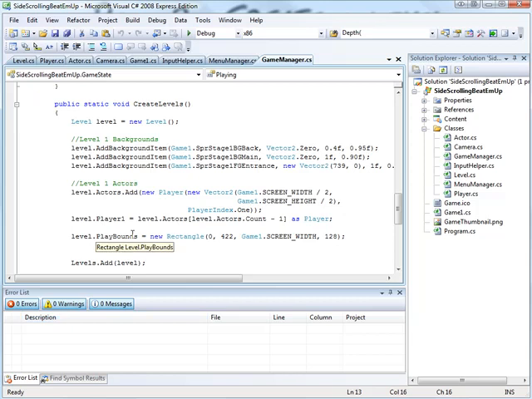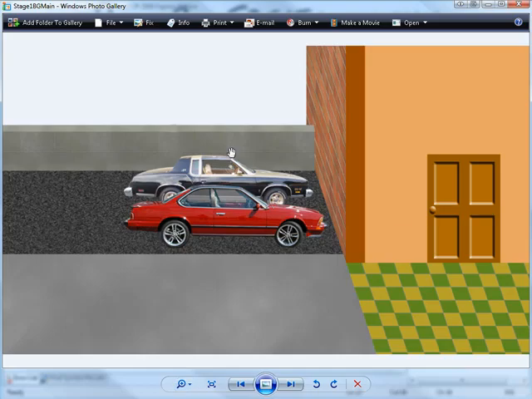Okay, so last video I said don't worry too much about this 422 and 128. Well, now we are going to worry about it and figure out what those values are. So 422 is from the top of the screen down here. We've got 422 where the tip of the fingers are, the corner of where the ground meets the wall, and